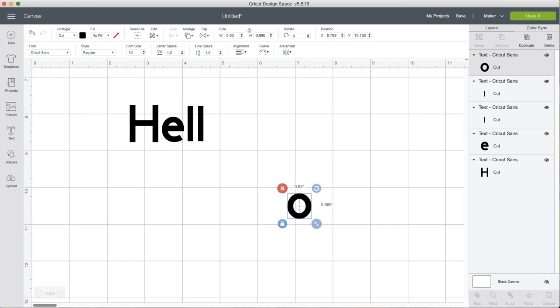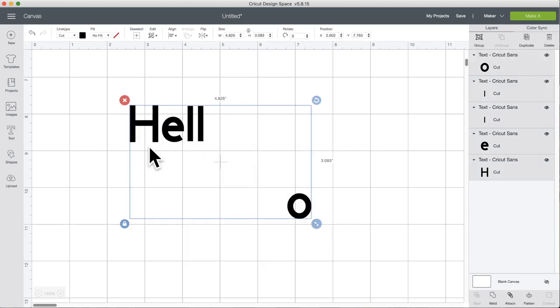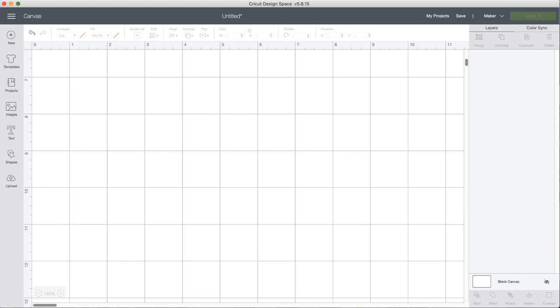Sue Nelson says, when I make a print and cut, I copy the image and have it draw so it's more defined. Okay. Let's figure that out. Sue Nelson, when I make a print and cut, I copy the image so it can draw. So I am thinking, Sue,